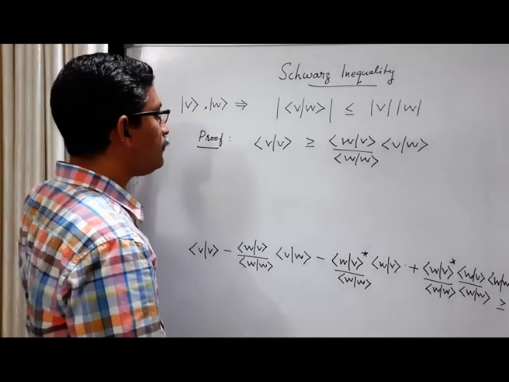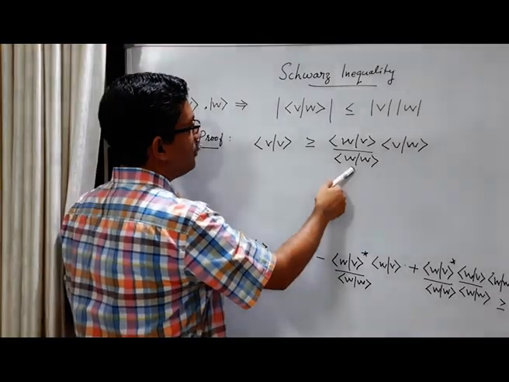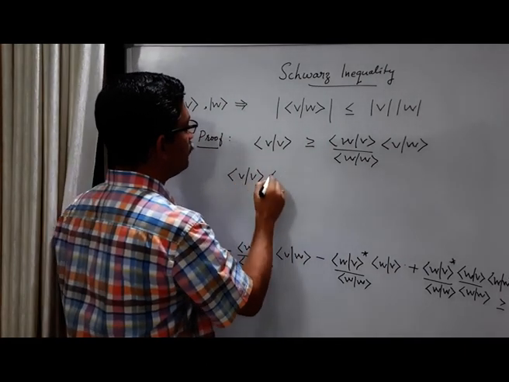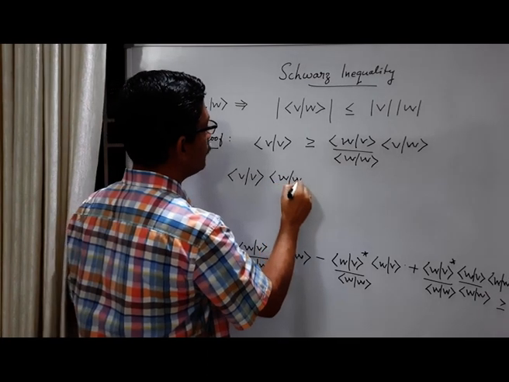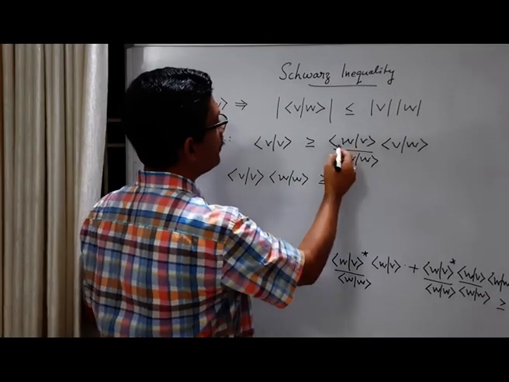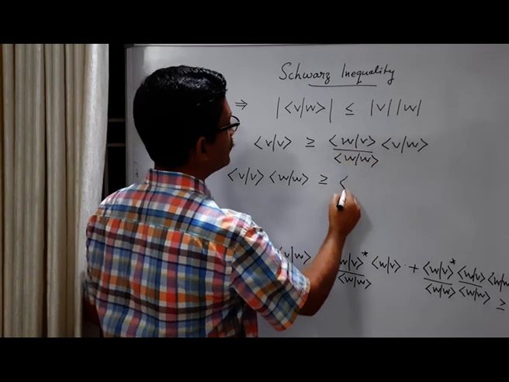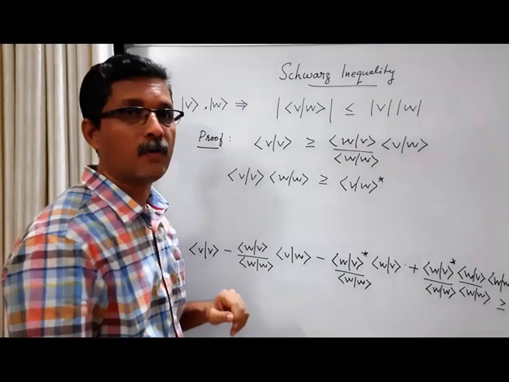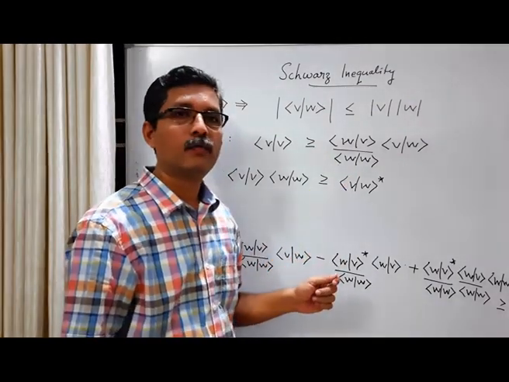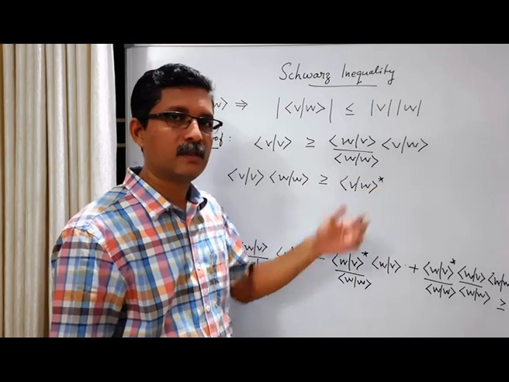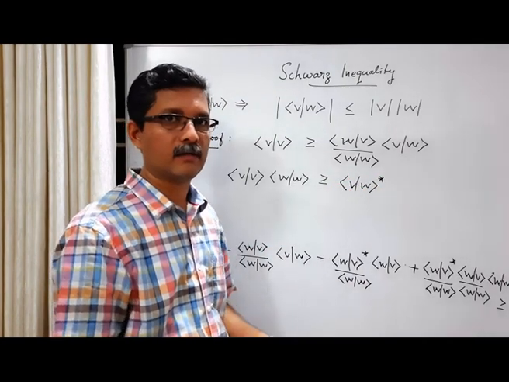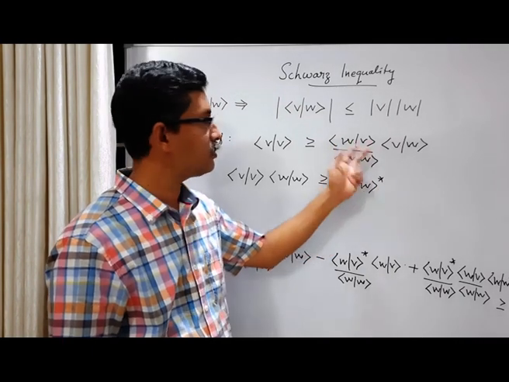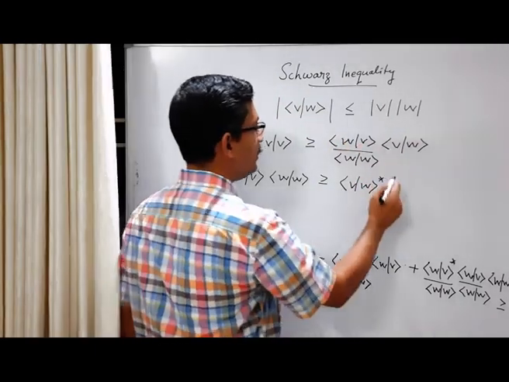Okay. Here this W W I am taking to the left. So we have inner product of V with itself, inner product of W with itself, greater than or equal to, and here this WV, let me write as VW star. This is the first axiom of inner product. When you change the order of the vectors in the inner product, the result will be the complex conjugate of the earlier result. Okay, so WV, when you change the order, we get VW star, the complex conjugate of this scalar. And here you have VW.